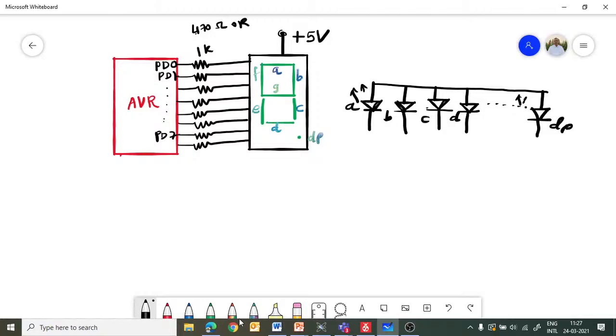So we have a dip switch connected in this way. This is one switch. This is a second switch.